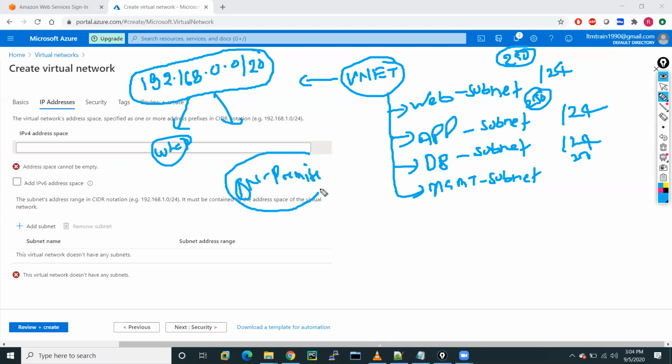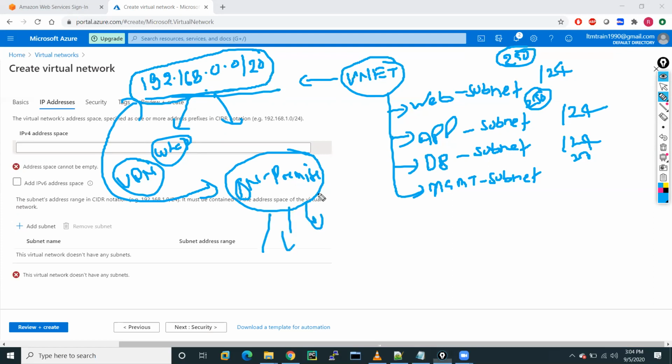Because later on we will generally create a VPN connection between these servers on the cloud and the on-premise users, so they can access them easily.